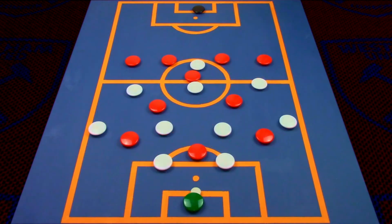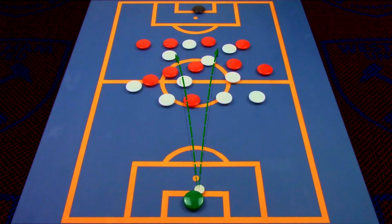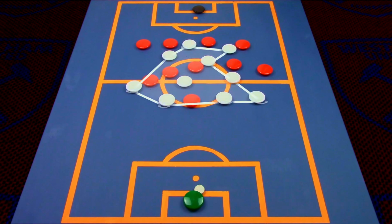Now, when building from the back, West Ham this season have changed the way they attack depending on the opposition that they're facing. For example, against high-pressing teams such as Liverpool, Fabianski would immediately go long to the attacking set of players. What's worth noting is the very high line that West Ham keeps on goal kicks, with the back four pushing up, squeezing the space and surrounding the ball with a lot of players, ensuring that they can win